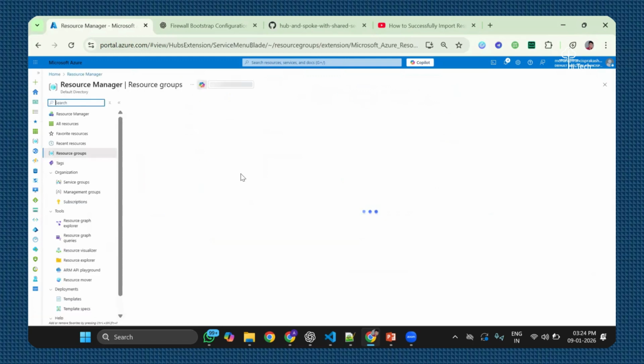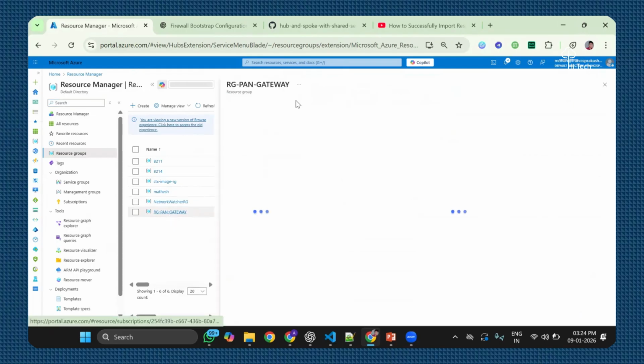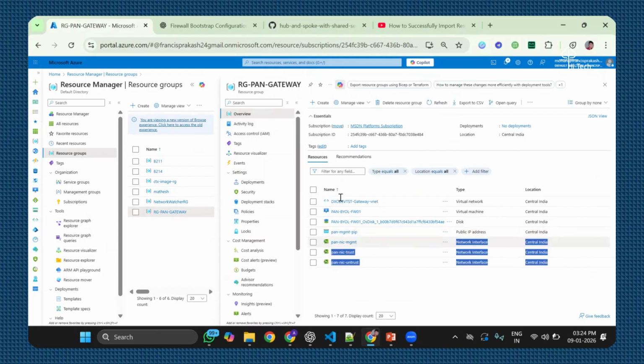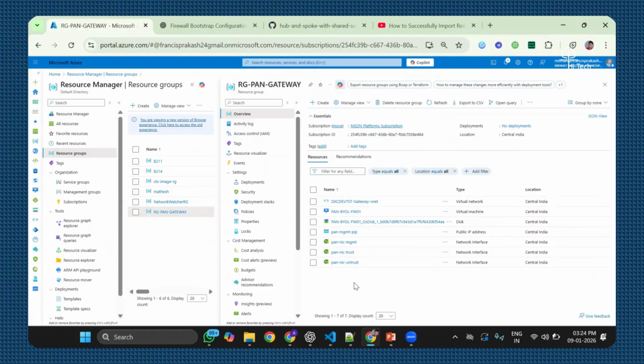There we could see this RG-PAN-gateway. And inside, the machines got created. This is the Palo Alto machine, this is the Palo Alto machine's disk, and these are the NICs. Okay. So this is how we create a simple Palo Alto machine in our Azure infrastructure